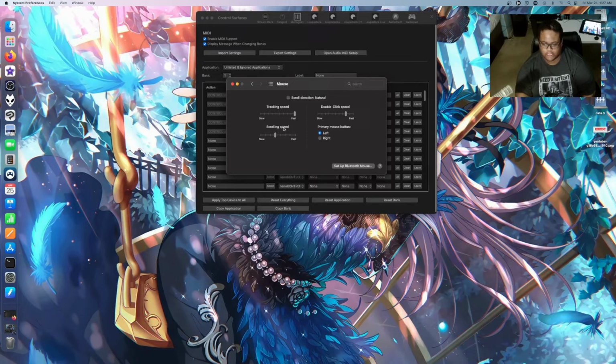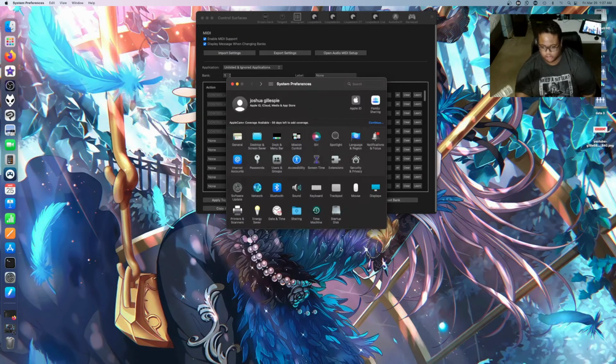I like when I scroll up, it goes up, and when I scroll down, it goes down, because I'm used to it like that. But it's easy to get used to. The scrolling direction is natural. And for startup disk, if you want to boot into a third-party OS, because right now the